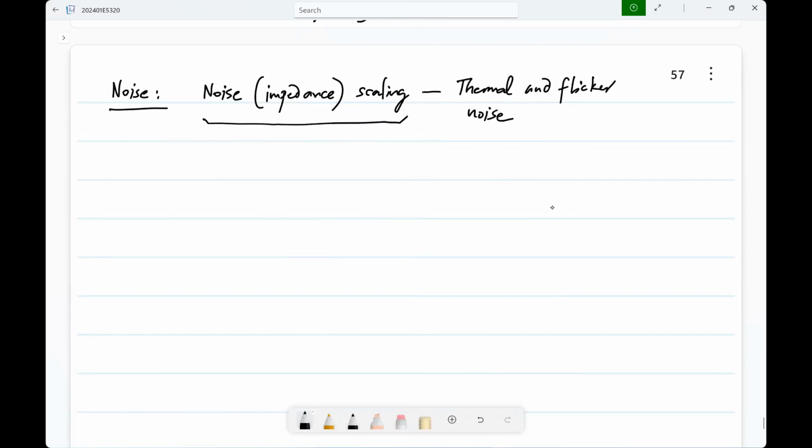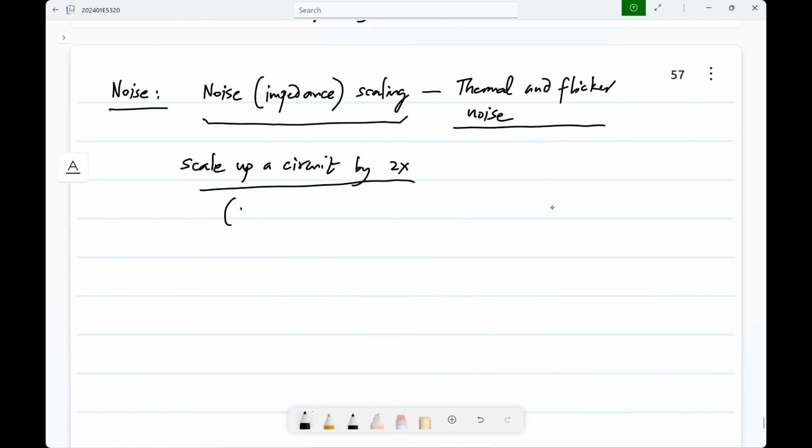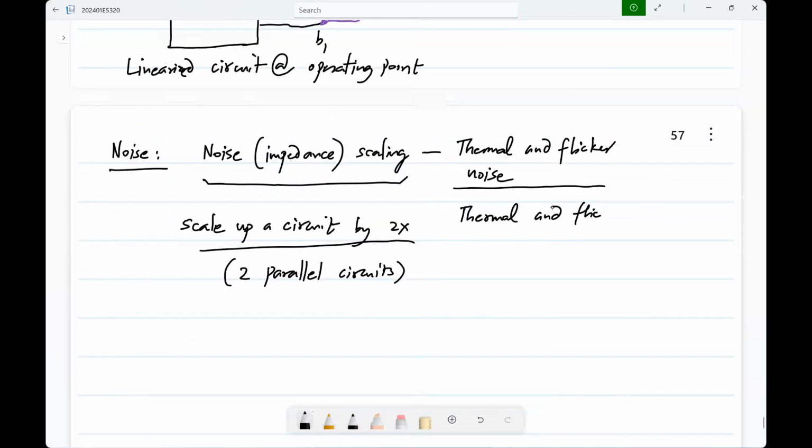Okay, that is if you scale up a circuit by a factor of 2, that is we are saying 2 parallel circuits, both thermal and flicker noise spectral densities